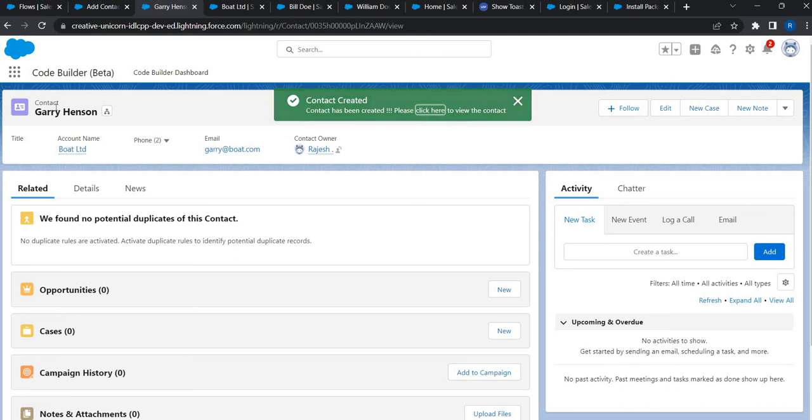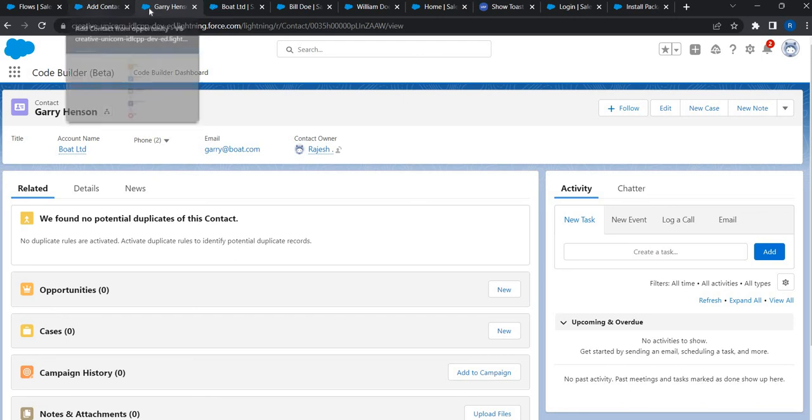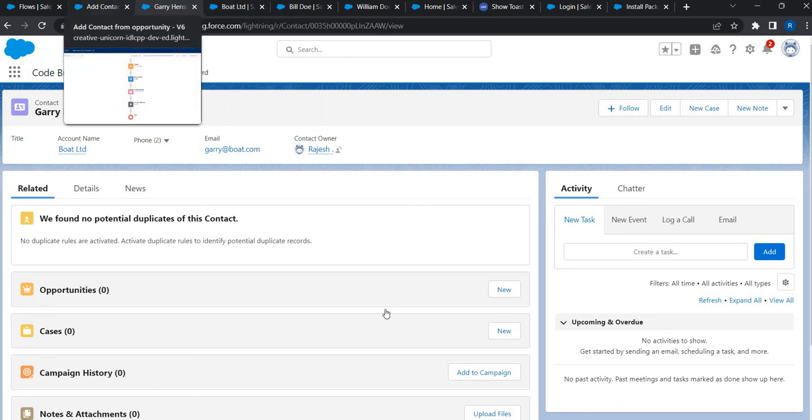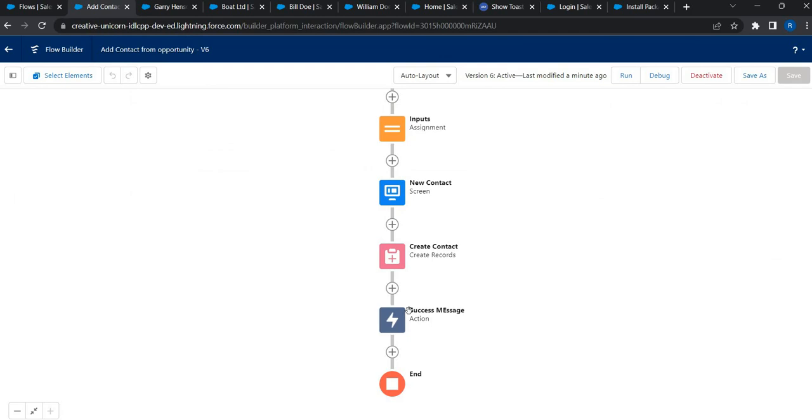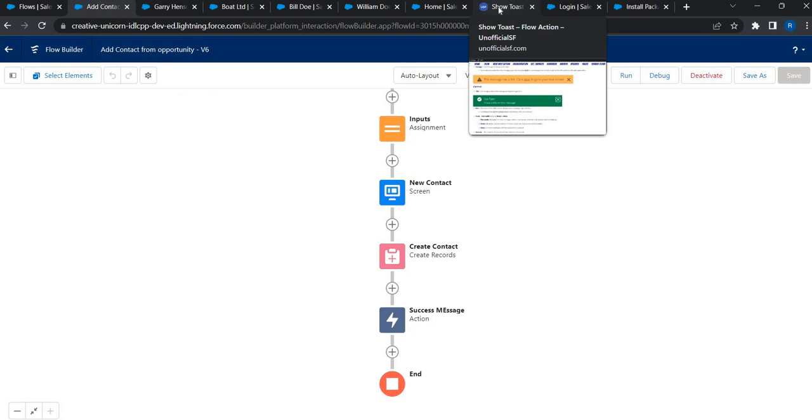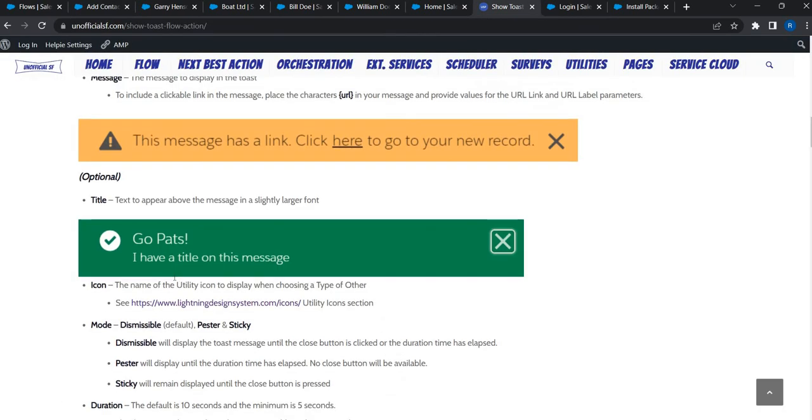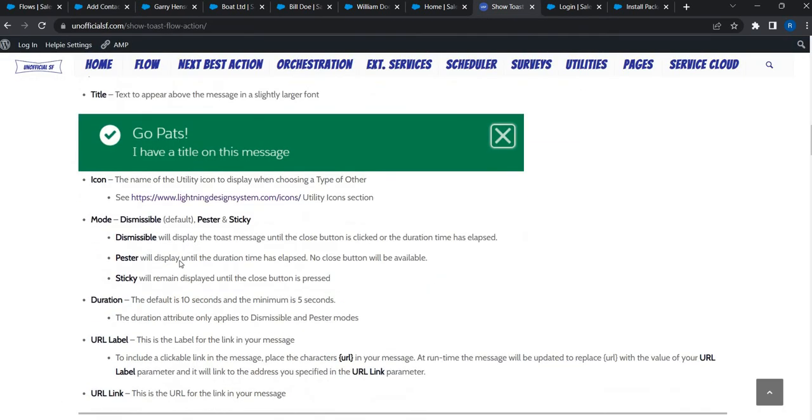Isn't it great? So that's another way. Instead of creating your own component, you can use a component that is readily available to show a toast message in flow. We can use it at the time of creating a contact or updating a contact. For more, see the documentation on what other functionalities are available in this component. It's completely available on